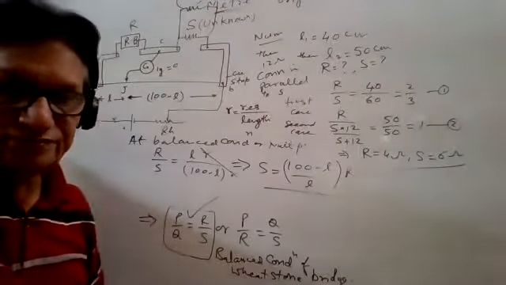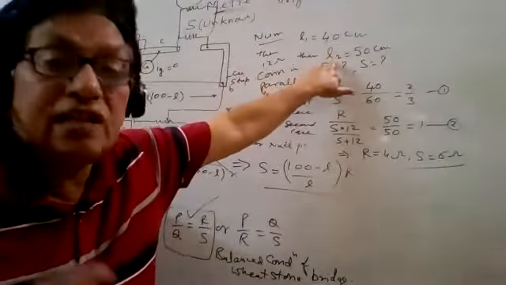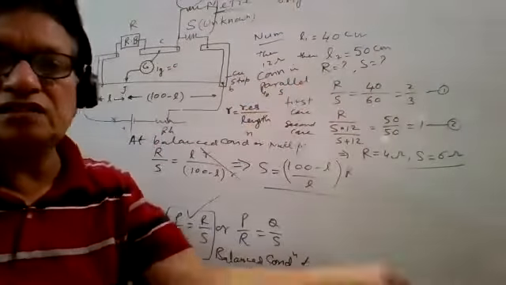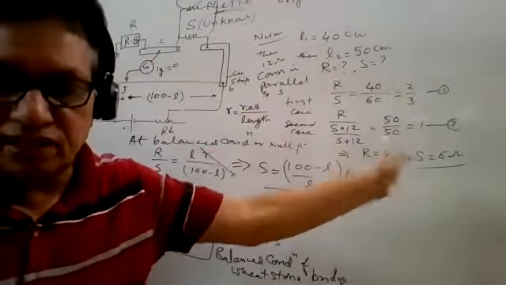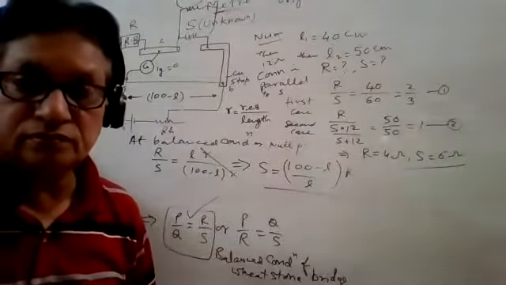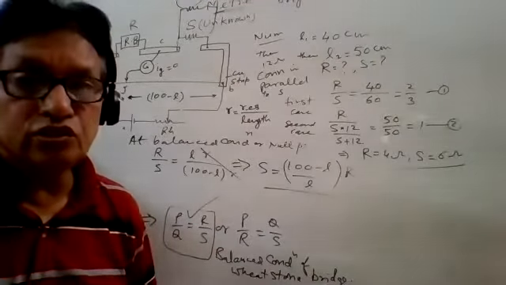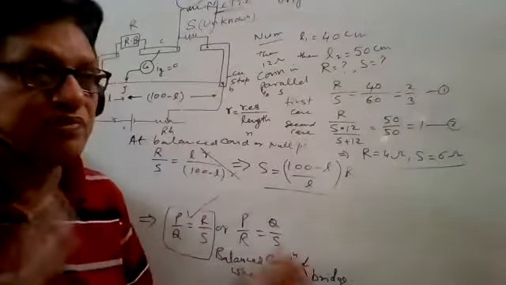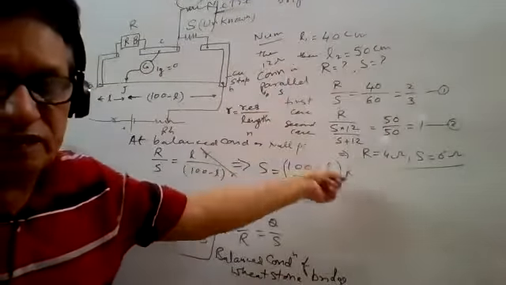Any doubt in this? In series, again L2 will be less than 40. Even then you can solve it, instead of 50, say 30 or 35, whatever is given in the question. Got it? You must know how to apply this balance condition in both cases and you can solve it easily.